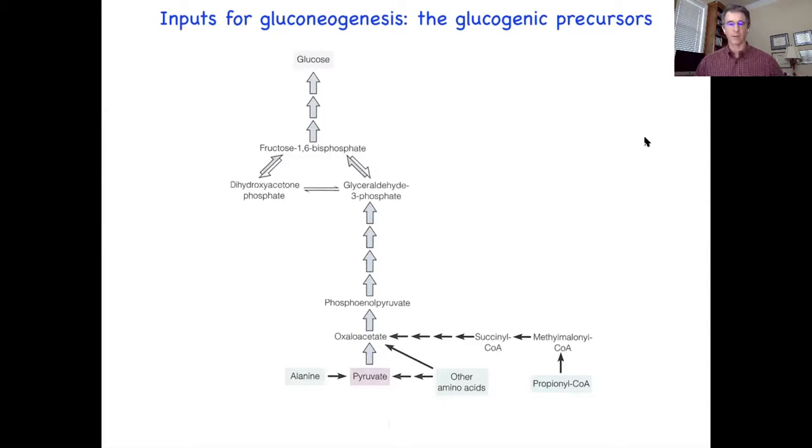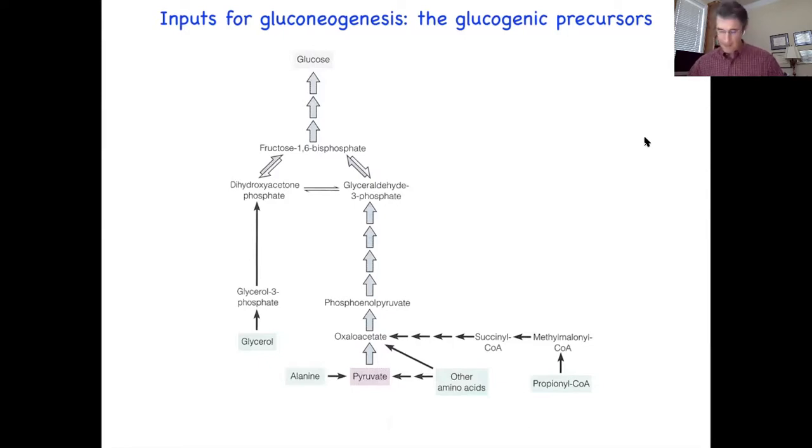Alanine, others can be converted directly into pyruvate. Some organisms can also take the glycerol backbone of fatty acids and feed them into DHAP. Again, this is something I'm pretty sure mammals don't do. So there are all these different ways to feed carbon equivalents into the oxaloacetate pool, and ultimately into the